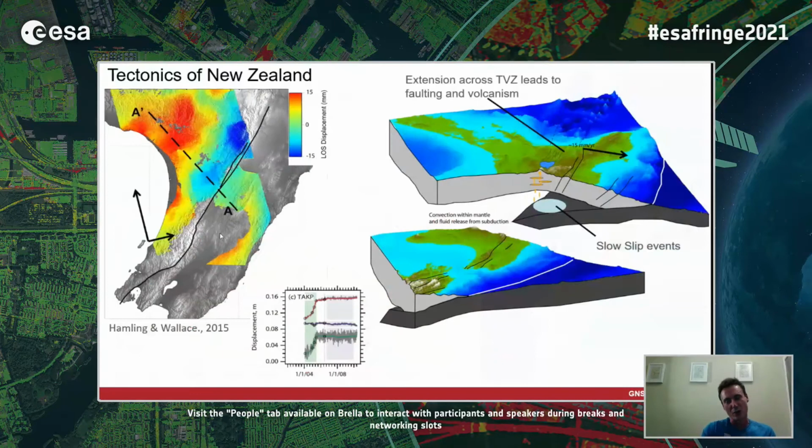As I said, the North Island has quite a lot going on, so we do see lots of these slow slip events varying in depth. Some of these deeper ones shown here, we've been able to capture in some of the InSAR data. This was an ENVISAT interferogram from around 2004, where we captured one of these deep slow slip events, which cause around 3 to 4 centimeters of uplift at the surface. At the same time, along the